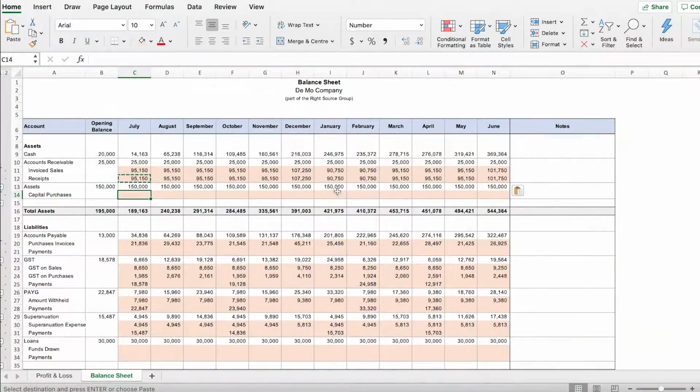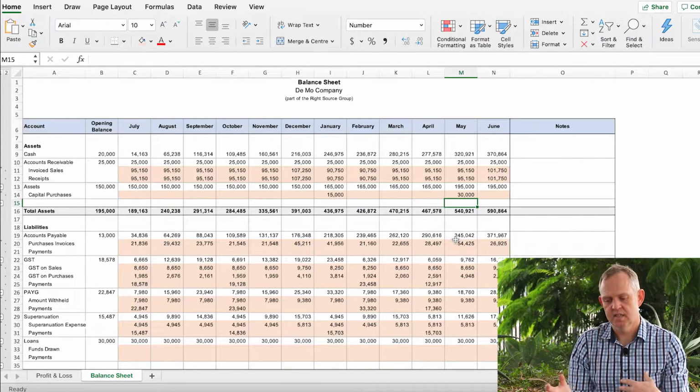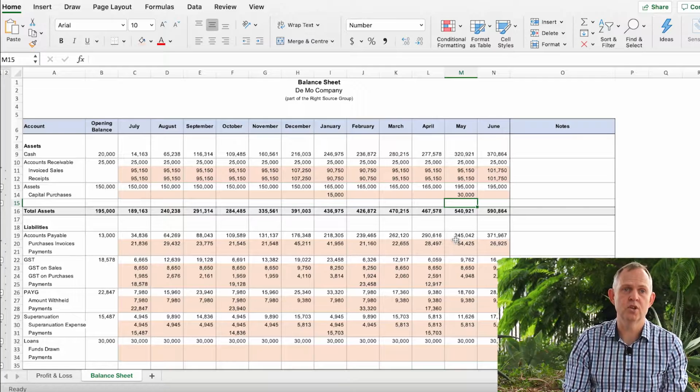So let's say, yes, you are, and you're going to take advantage of the end of year financial sales and buy some more computers and maybe a vehicle towards the end of the financial year. So put them in. You've then increased the amount of assets you've got in your business from 150,000 at the start of the year to 195,000 at the end of the year, if everything goes to plan. So that's your assets. The next is looking at your liability, so what you owe others.